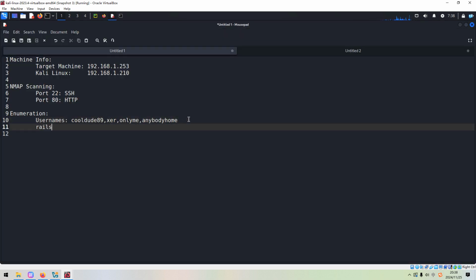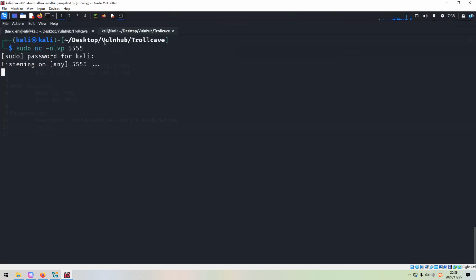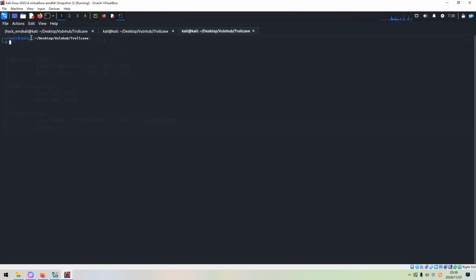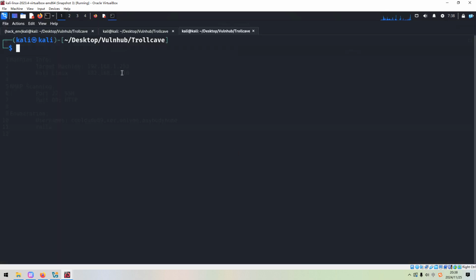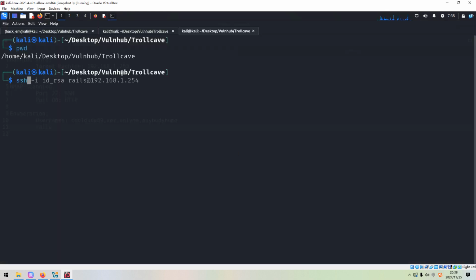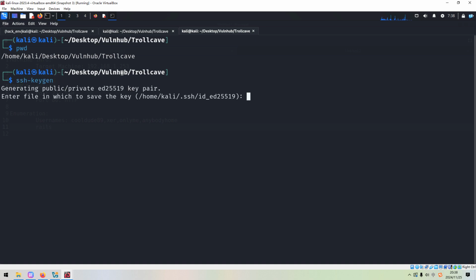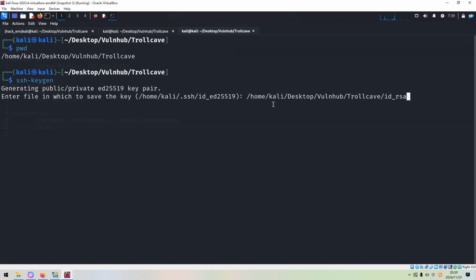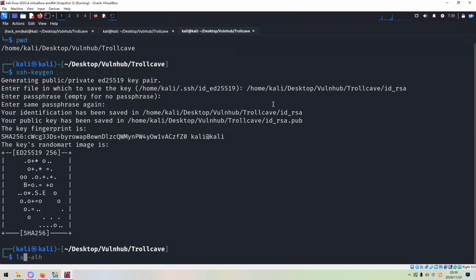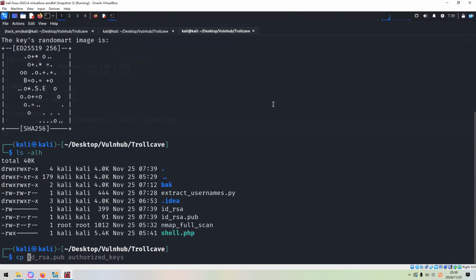So next, how to do? We can generate the key pairs and use the file manager to upload the public key. Okay, so maybe I can close up the PyCharm, and we can use the SSH key, and we want to save key pairs under the current working directory. No passphrase, it's done. Then we can copy the public key to authorized keys.